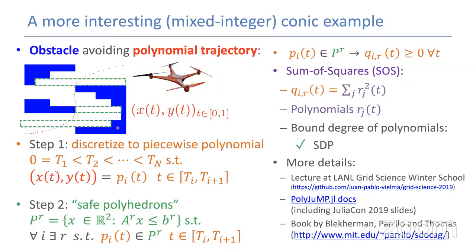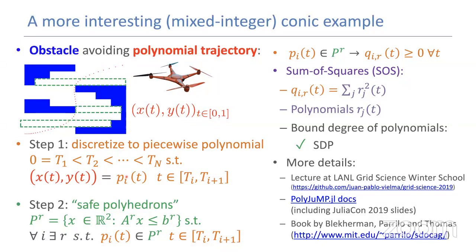So I'm going to go a little bit further and discretize this. I'm assuming the time period goes from 0 to 1, and it's separated into some intervals. In each sub-interval, I'm going to request that the position as a function of time is a polynomial in t. That's going to give me a lot of freedom in how I describe the trajectory. I'm going to easily be able to restrict the derivatives and things like that.